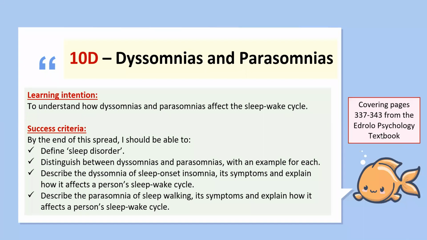Okay, so the next type of sleep disorders that we're looking at, guys, are called Dyssomnias and Parasomnias, okay? And as the name suggests, Dyssomnias sounds a little bit like insomnias, and that's what they are. Dyssomnias are just the umbrella term, and one example of a dyssomnia is a parasomnia. It's like me saying, for example, cardiovascular disease, that's the big umbrella term. And one type of cardiovascular disease is high blood pressure. Okay, it's like saying that. The same way,